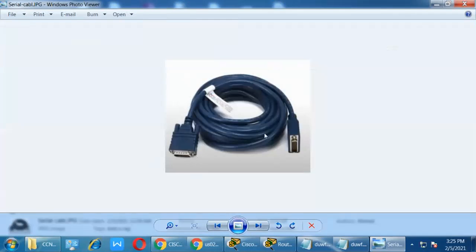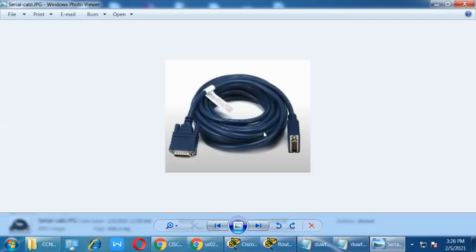This cable is for practice purposes, because no institute can provide real routers, since they are very expensive. So Cisco suggests you can use this cable for practice. Both sides have the same connector, but one side is DCE and one side is DTE, written on the cable.